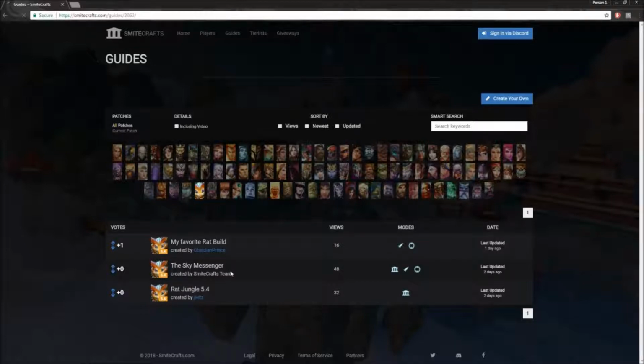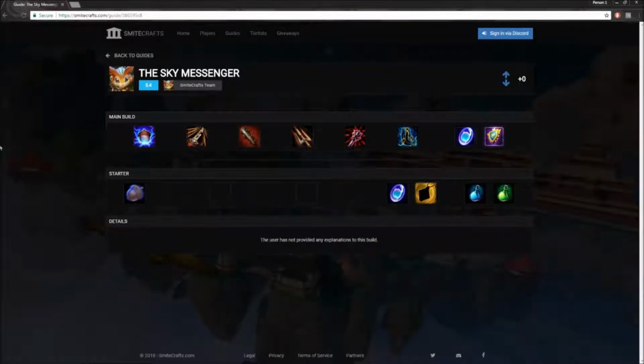This is the default build that gets posted onto SmiteCrafts automatically from the SmiteCrafts team. As you can see here, you have a lot of cooldowns, a lot of good movement options, just a lot of DPS in general. And there's no explanation provided for this build because they have to go through like what, 90 gods. So it's pretty crazy to say the least. But as you can see here, beads and Aegis, and this is the starter, this is the main build,